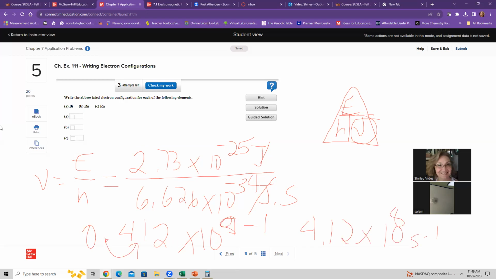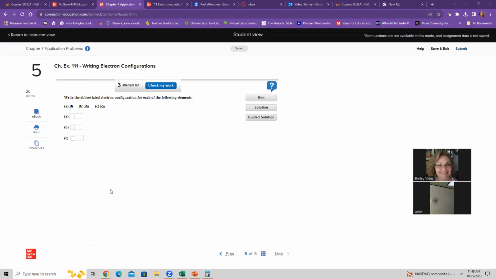Write the abbreviated electron configuration for each of the following elements. It's easy. Abbreviated, or shortcut, right? So bismuth. If you find bismuth on your periodic table, it's element 83, and you go up to xenon. So what I'm writing here is xenon. You write it in yours. Then xenon goes to